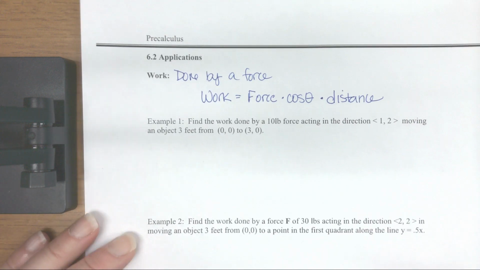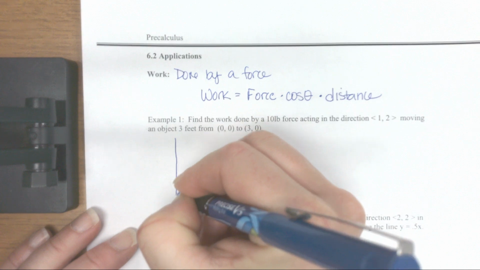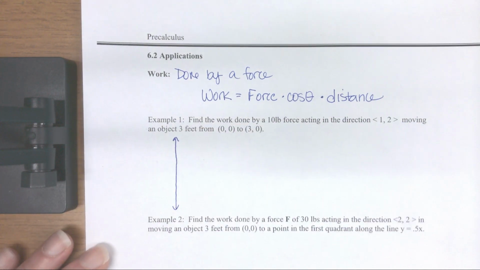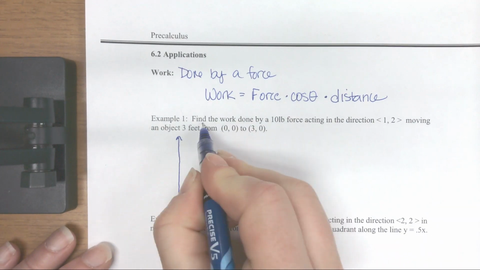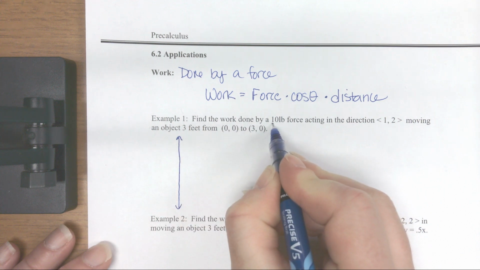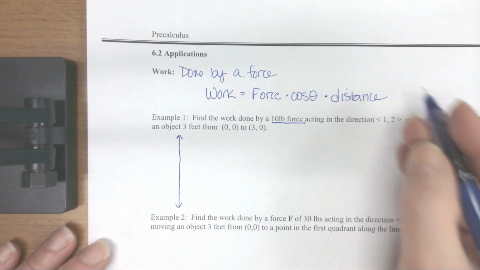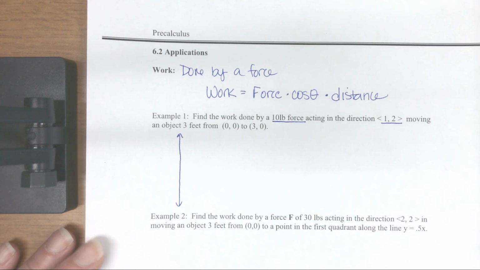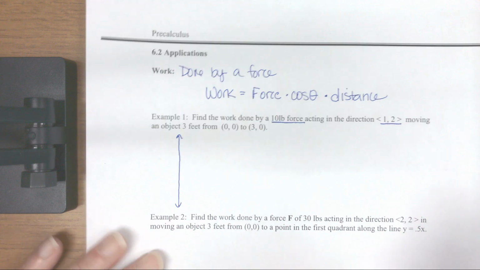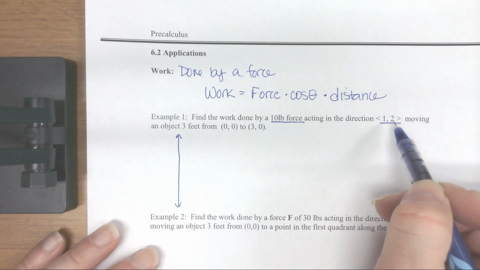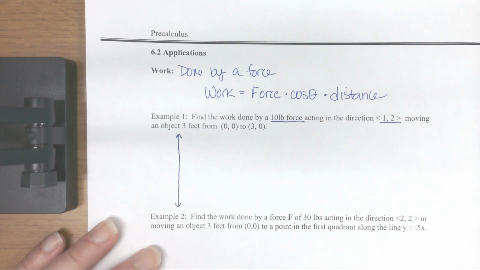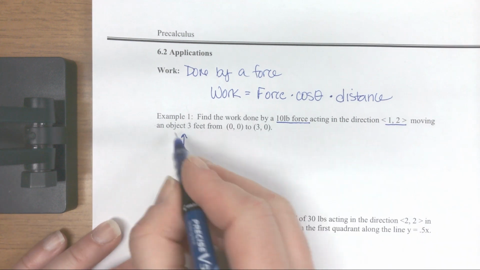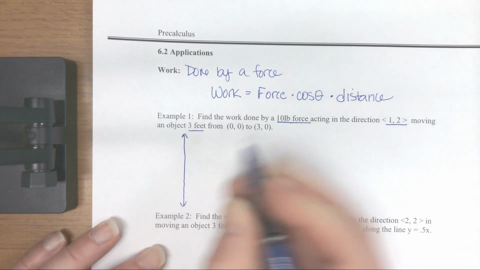So what I want to do is let's first draw a picture here. And I want to find the work done by a 10-pound force, acting in the direction 1, 2. So if we were referring back to Braden moving the box, that would be the angle at which he was pulling, and then the angle where the object was moving. So the 1, 2 is describing his vector, therefore we're going to have to use some of our formula sheet to find that angle. We are moving the object 3 feet,